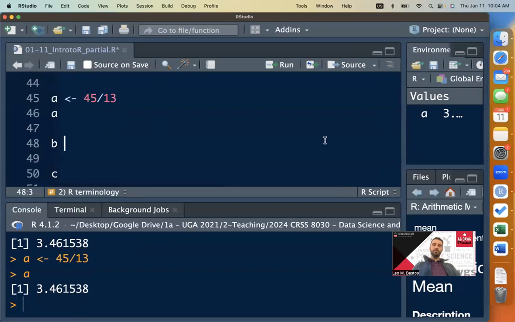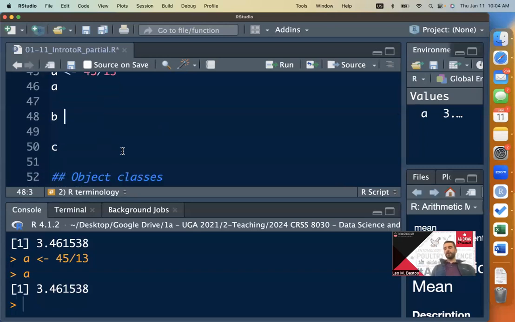Okay, so we have this object called A. It has the result of this calculation here. Now let's start creating a few other objects. So let's create an object B. So let's say B gets, and I want to give it a few numbers. Let's say I want to save 3 numbers into B. That's going to be 10, 15, and 5. If you run that,